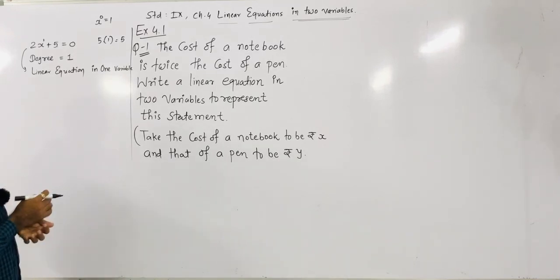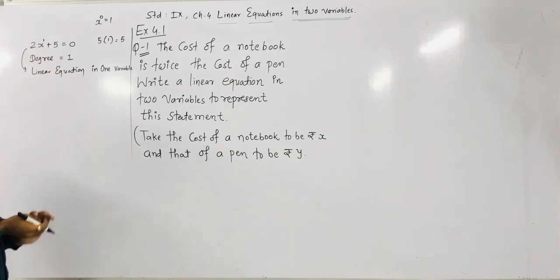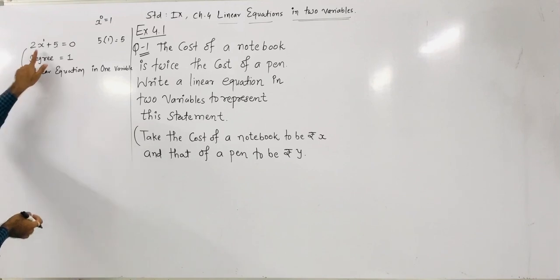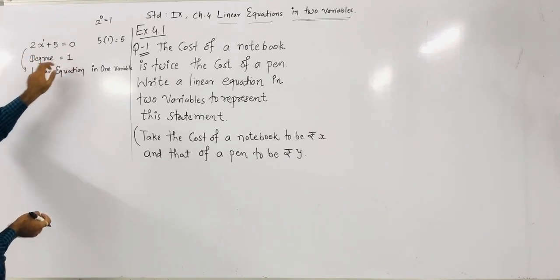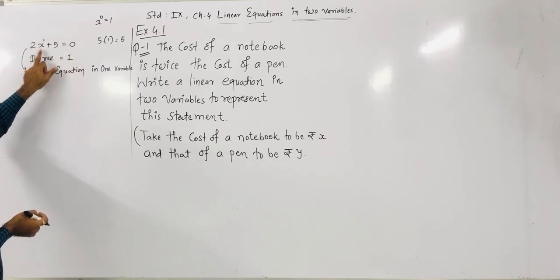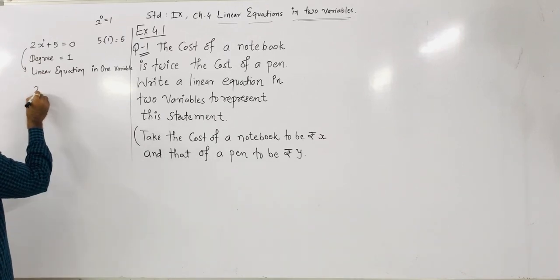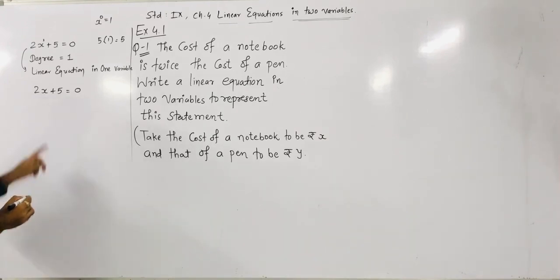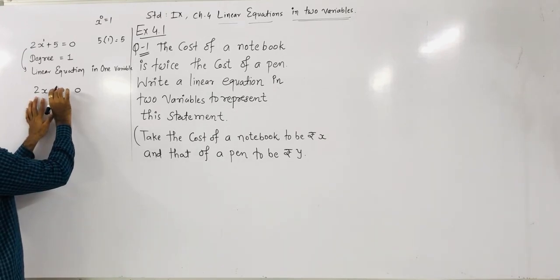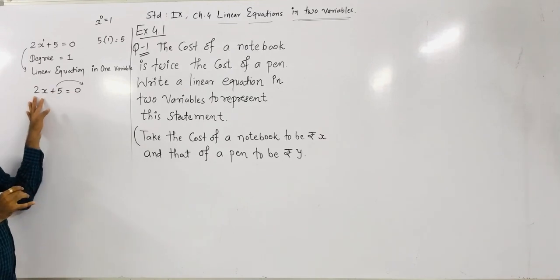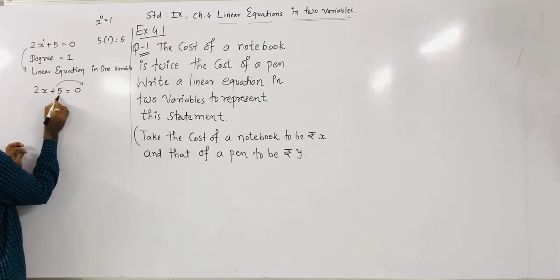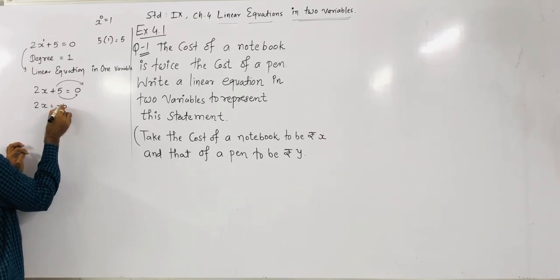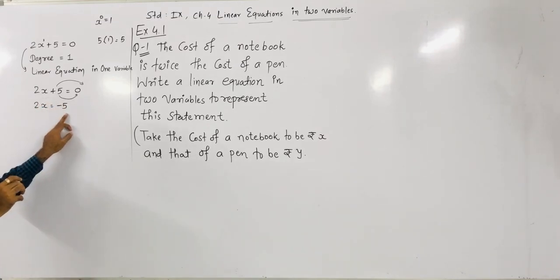Now suppose I want to find out its solution. Its solution means what? Its variable's value. So how can we find it out? If a linear equation in one variable is given, then I want to find out that x variable's value. Again I write that equation, 2x plus 5 is equal to 0, right? The x value we have to find out, so the other term we have to arrange on the right hand side. So plus 5, if it goes to the right hand side, becomes minus 5, right? Because across the equal sign, the sign is changed.